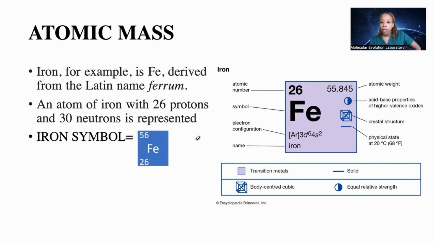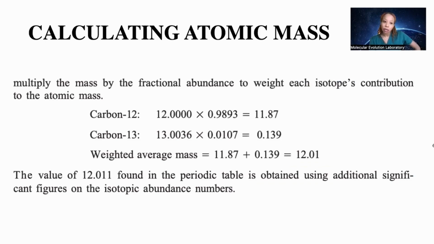A larger number is always the average atomic mass. So how do we calculate the atomic mass? Multiply the mass by the fractional abundance to weight each isotope's contribution to the atomic mass. Of 99% of the carbons comes in carbon-12, which means that the average carbon will have an atomic mass of